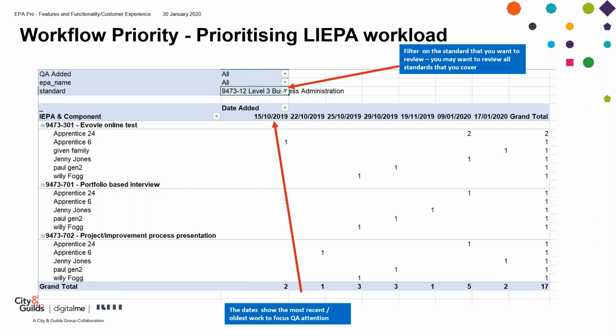Any other questions at this point? And how often is it updated? Daily. So you'll see every single day from the first entry. Well, you'd hope that if you are going in regularly and engaging with it and clearing the work, there won't be anything here. You might see a couple of days. If you've been off for a week or you've been backed up a little bit, you might see more days here. But as they clear, they jump off. Because this will show you everything that is in progress. So once it's been quality assured, in theory, it should drop off and you shouldn't see it. Any other questions at this point?